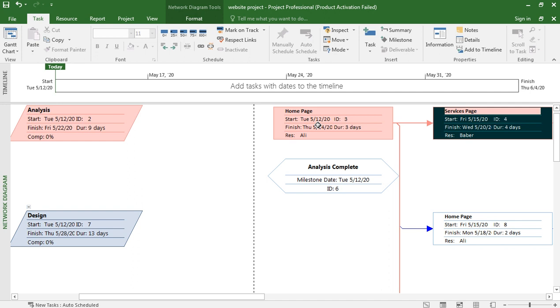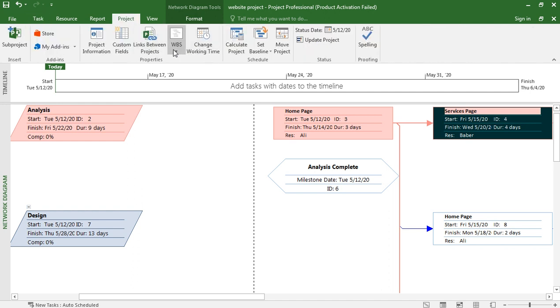So what is the critical path? Critical path means the longest duration. The path of longest duration is called the critical path.